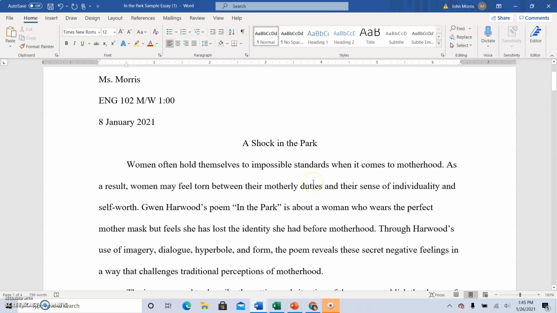So some things about essays in general. You start with an introduction. The introduction should start with a sentence that is generally about the theme. So the purpose of a first sentence is to relate to your readers in some way. So if you just start right in talking about the work of literature and you haven't sort of connected with